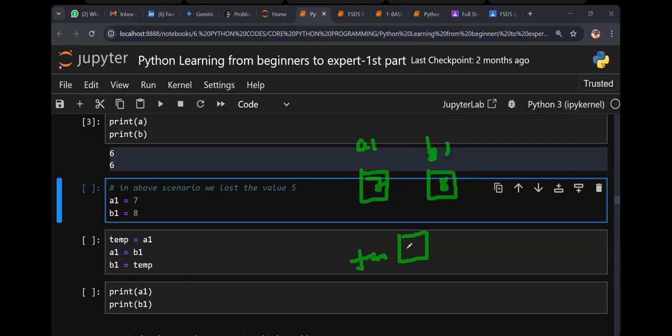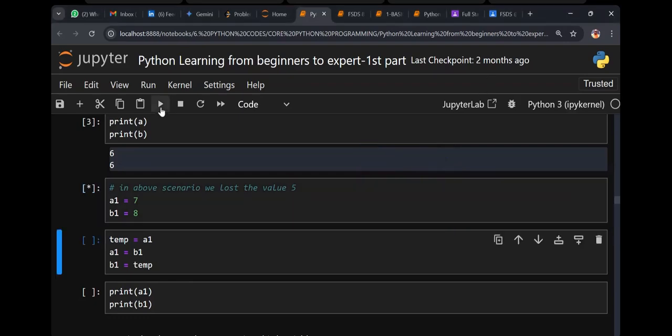I'll say temp equal to A1, which makes it 7. A1 equal to B1, so A1 becomes 8. Now B1 equal to temp, so B1 equal to 7. Problem solved or not? Team, do you understand? By using a third variable.